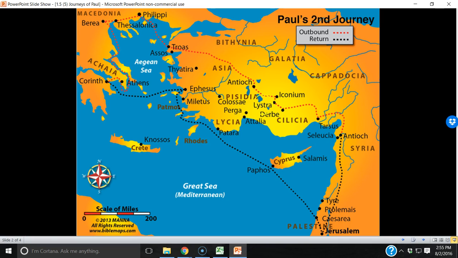And Barnabas and Mark actually go to Cyprus and revisit some of those churches. And Paul takes a man by the name of Silas with him on journey number 2. And he'll also have Silas with him on journey 3. But Paul and Silas go off, and they don't revisit Cyprus, but they go to Ephesus. Up here. The Jerusalem Council had made their decision, and they came back to Antioch to deliver that decision. This is where Paul and Barnabas argued. So they leave from Antioch, and they don't go to Cyprus again, but they go to Tarsus. They revisit the Galatian churches.